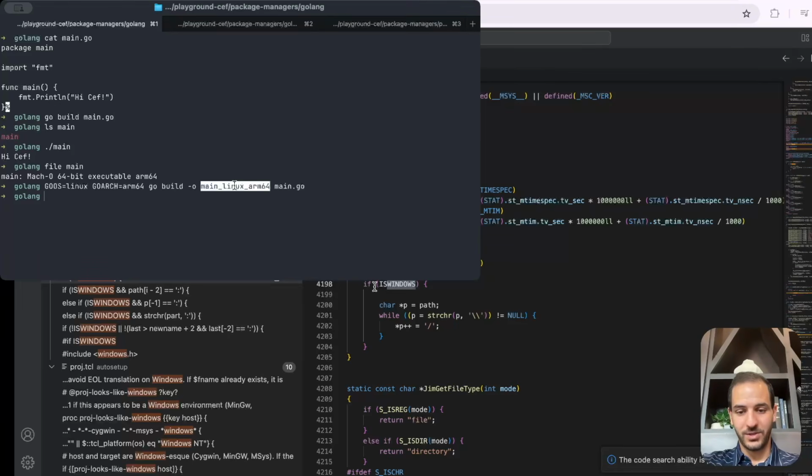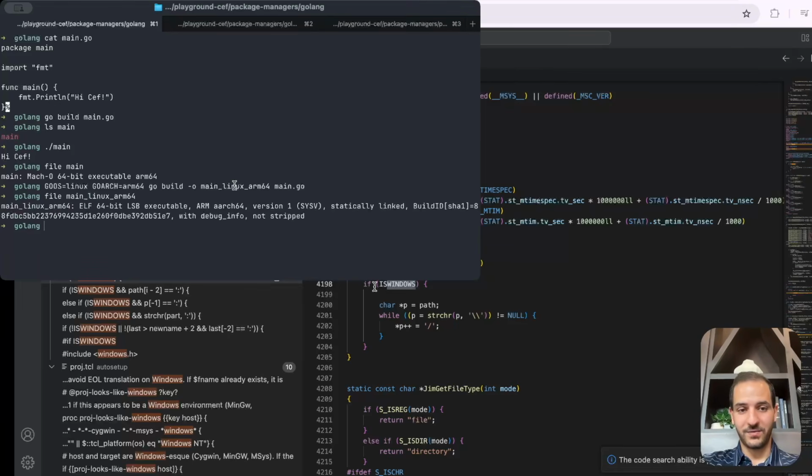Well, if we check the type of that file, we see that it is an ELF executable for the ARM architecture. And if I try to run it, well, it won't work, because although it has machine code within it that's destined for ARM64, the file format is not recognized by my Darwin or macOS